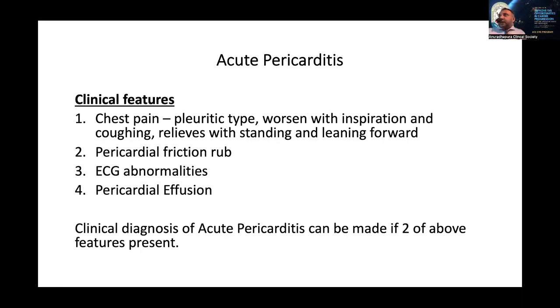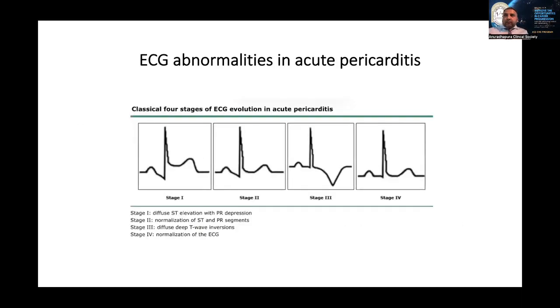And even sometimes you might not get a typical pain, right? So these are the ECG abnormalities, and how are you going to manage now? Now, before that, these are the pericarditis changes on the ECG. You might not get them all the time. You might not get ST elevation, right? Sometimes you might get widespread T inversions also, and there are some evolving changes as well. It's not typical as in acute coronary syndrome STEMI.